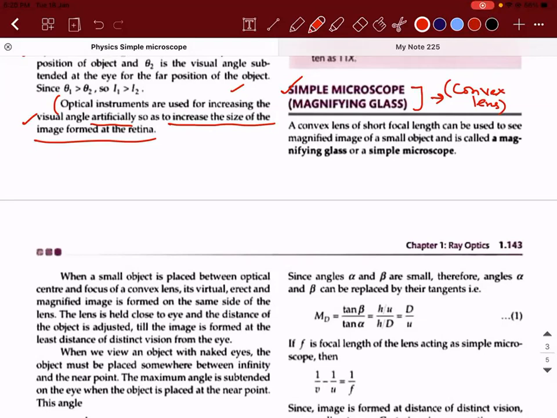Generally, if you take a convex lens of short focal length, it can be used to see a magnified image of a small object and is called a magnifying glass or a simple microscope. Right. So what I'm trying to say here is,